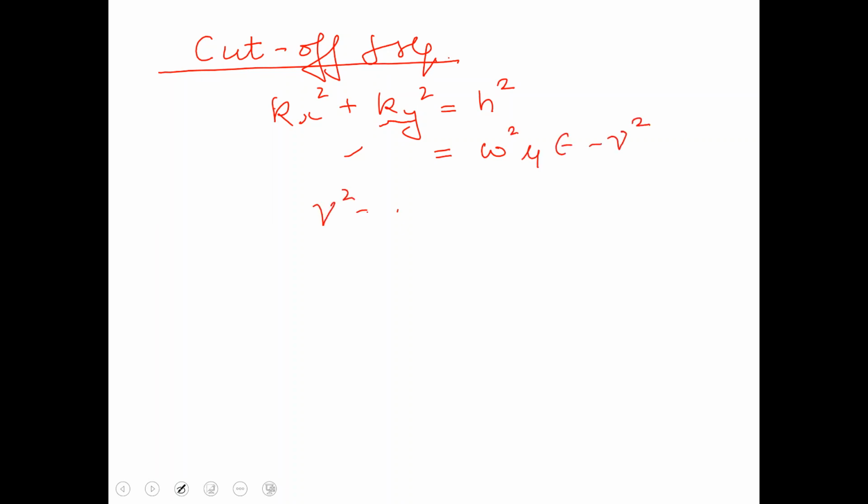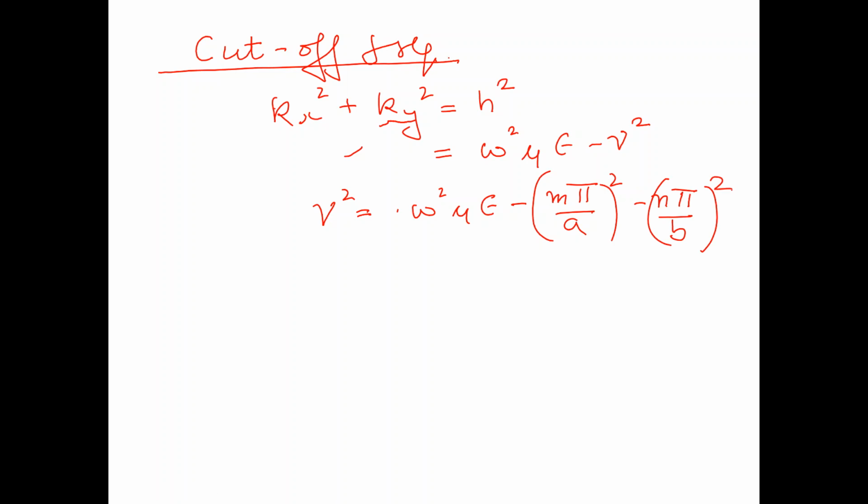So gamma square is omega square mu epsilon minus (m pi by a) square minus (n pi by b) square. And cutoff frequency happens when gamma is equal to 0. So the cutoff frequency omega